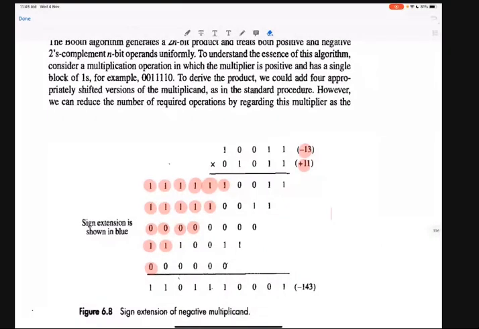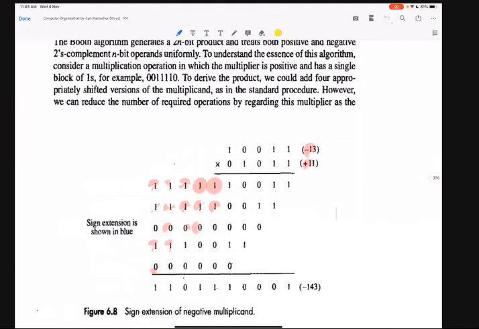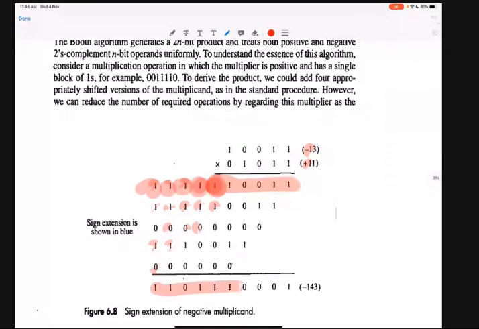In this case, you can see the partial product is this one. This much is the partial product. And what is the MSB bit of the partial product? This bit. So extend the sign. Up to how many bits? Obviously the output will be 10 bits. This is a 5 bit number, 5 bit number, so the output will be a 10 bit number. So extend this up to 10 bits. That's the takeaway from this lecture.